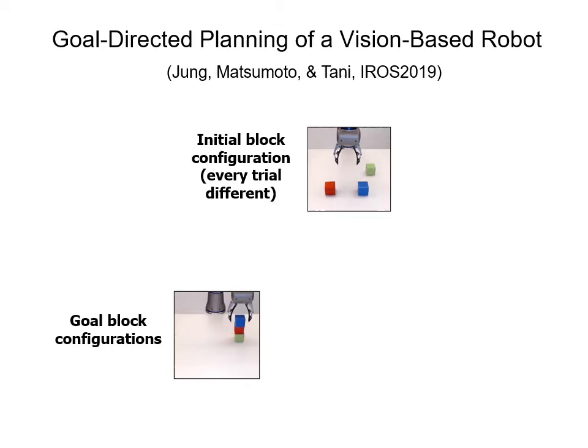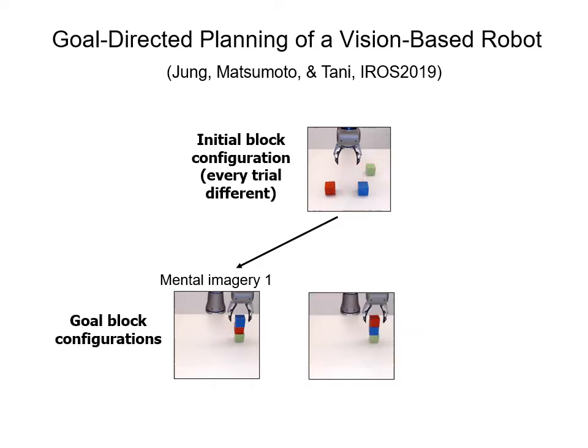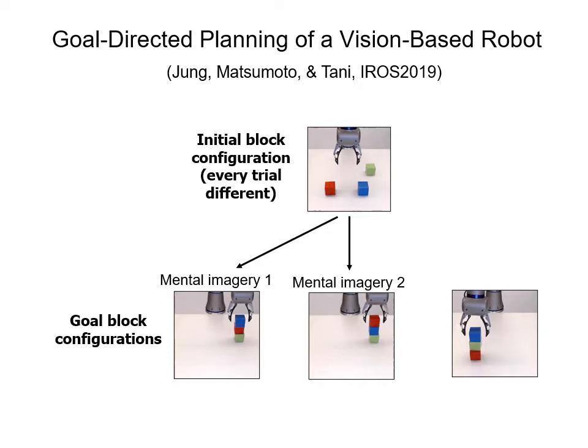Then the robot has to generate mental visual imagery of achieving this goal image, starting from this visual image. When we provide another goal, like this one, the robot has to again generate the corresponding goal-directed plan, the visual imagery. Then this is another one, and the robot has to generate, in a similar manner, the visual mental plan for achieving